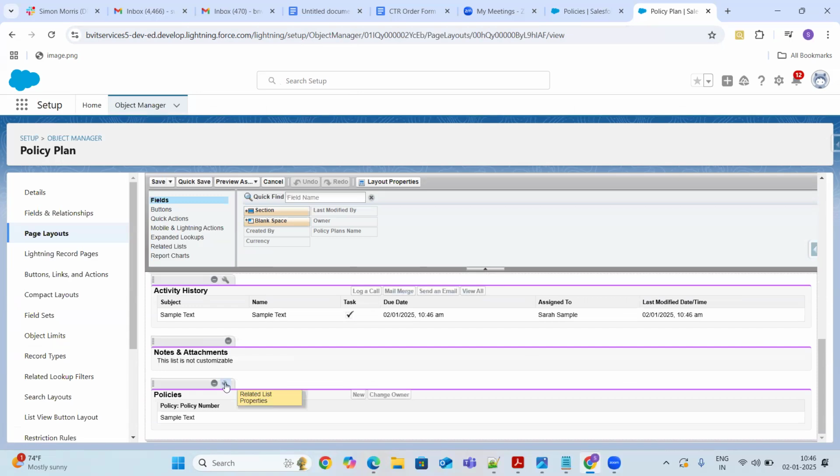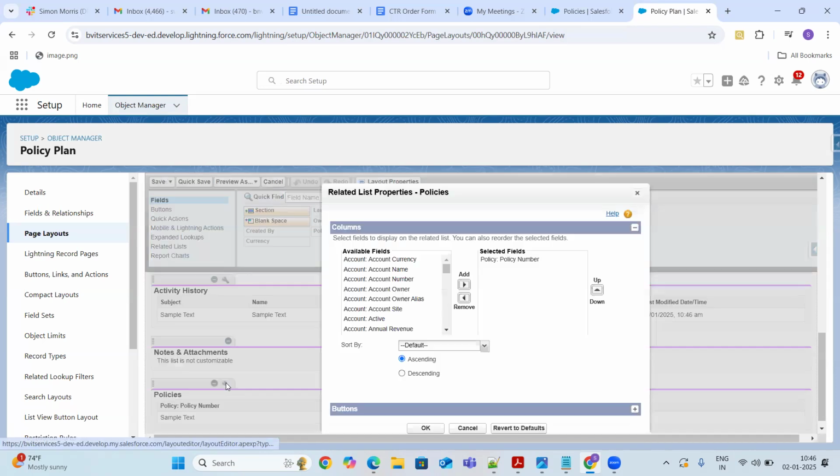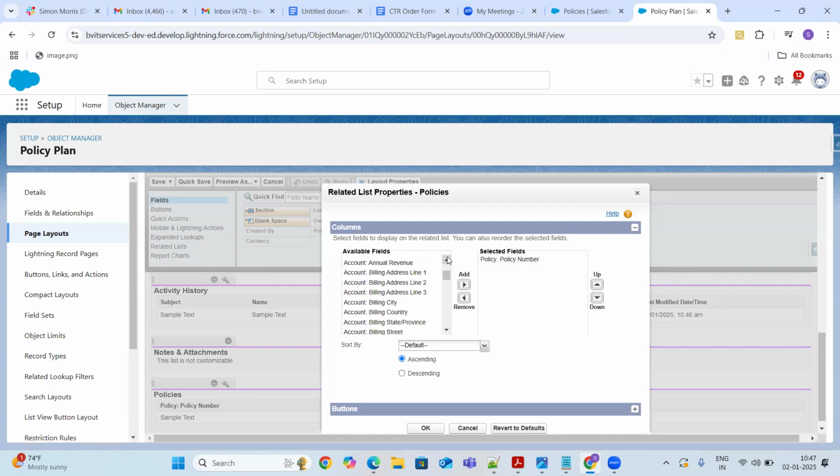So when you are checking up the policy plan layout, policies is the one which you are seeing, right? So policy number is the one only you are seeing right now. If you want to add the account as well as the policy plan, along with that, you can add your policy plan name as well as the account name so that you will easily get to know what policy plan is related to what account. So let me just add the policy plan also.